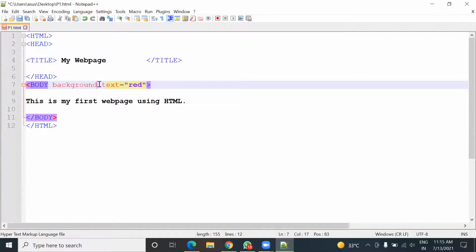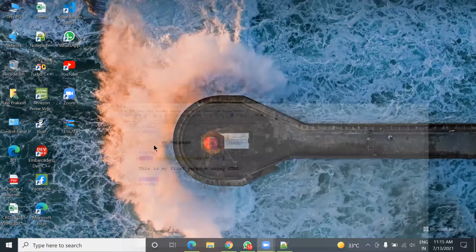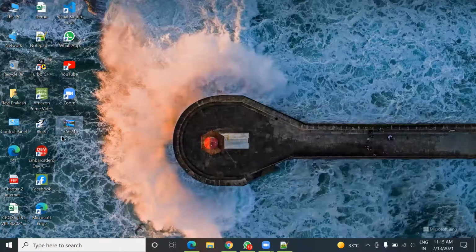So here after this background attribute, it is actually an attribute, so we must provide its value. So in the value, we have to provide the name of the picture file. So I'm going to rename it a little bit convenient. So I'm going to put PIC1.